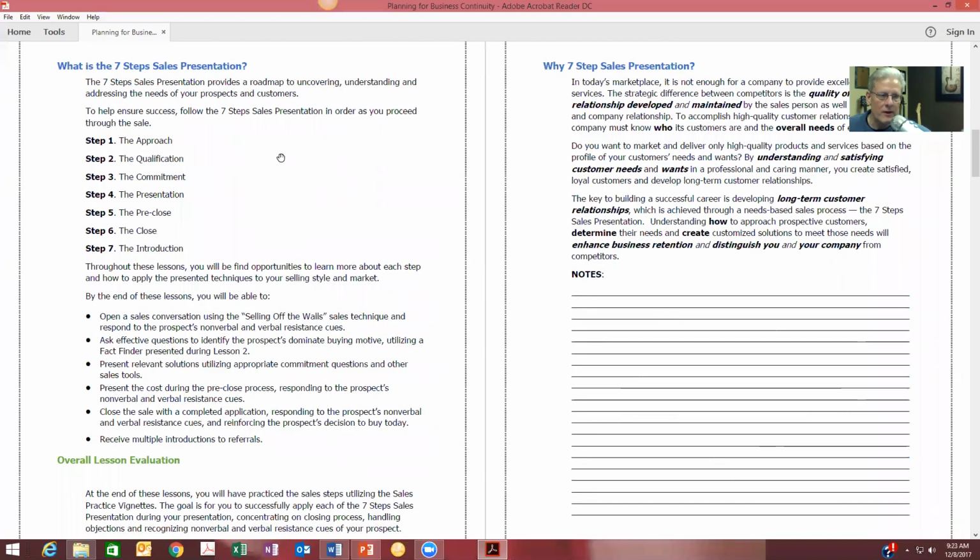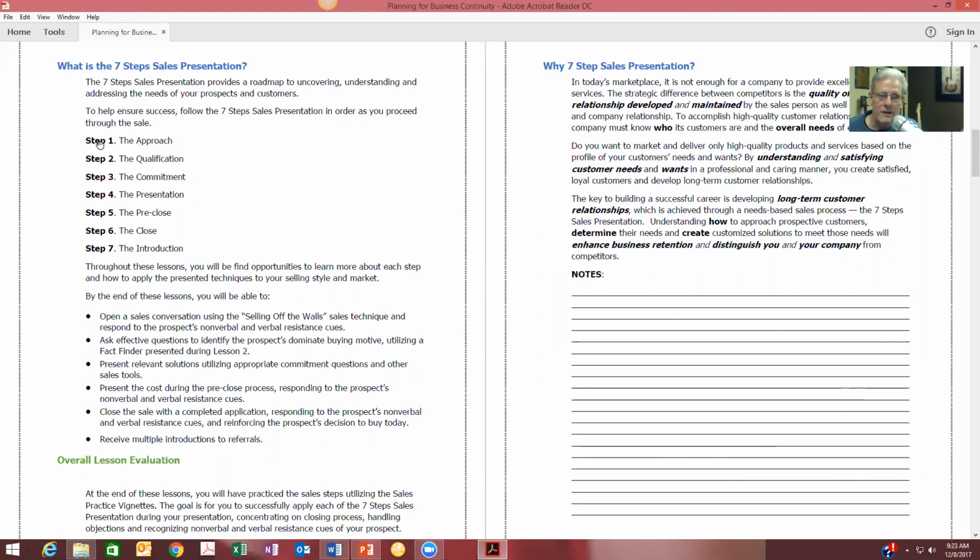So what I start off with on here is over here, the approach. Step 1, the approach. And the approach to me is a little bit different than what you may think it would be. Your thought might be that the approach is when you first meet the prospect, how you get in the door, how you get in their office, how you get the appointment, and all that's true. But there's actually a pre-approach. And the pre-approach is the psychology of how you have structured your business. So I started off today talking about the psychology of the 7-step sales process. And I likened it to being a doctor and how you buy a common thing like a car.